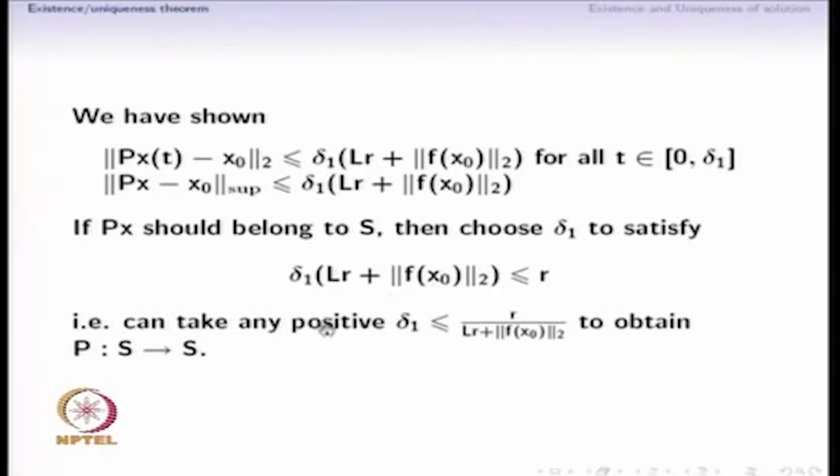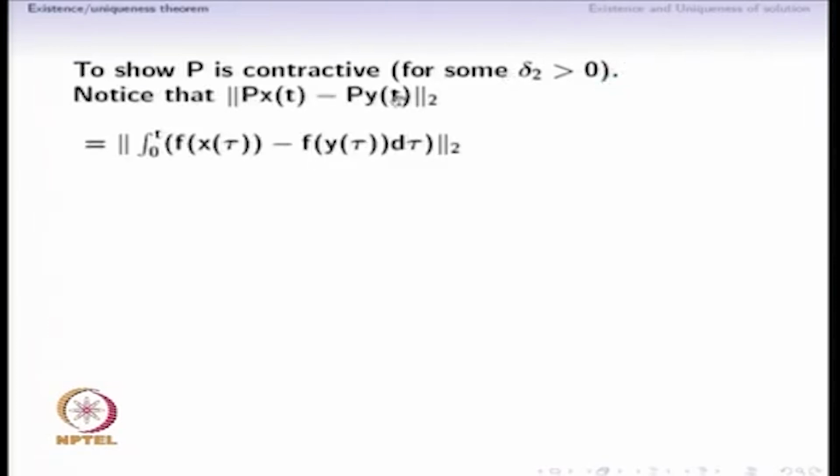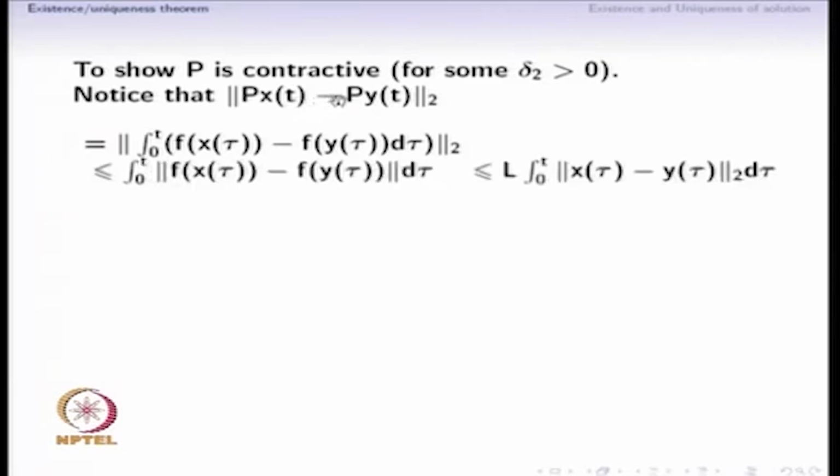So, we can take any positive delta 1 that is less than or equal to R times R divided by this quantity, and we will then get that p maps S into S. So, we can take delta 1 equal to this. The next important step was to show that p is a contraction on S. So, for some delta 2 greater than 0, which we will carefully choose now, we will show that p is contractive. For this purpose, notice that the 2 norm of p of x at t minus p of y at t is